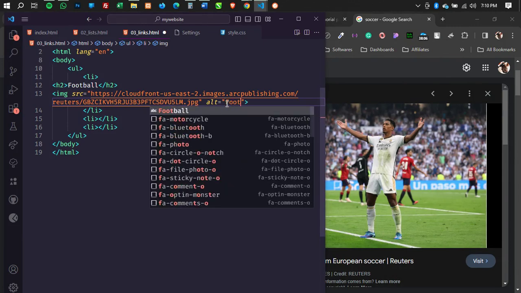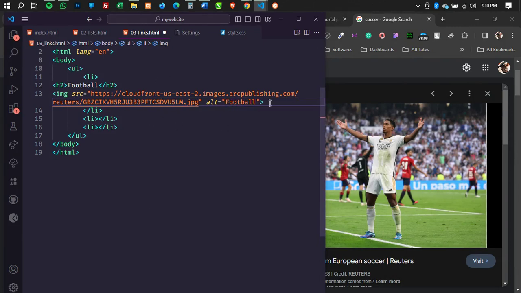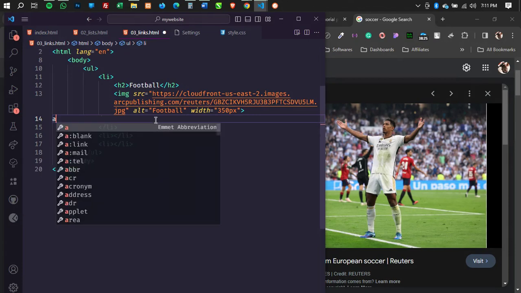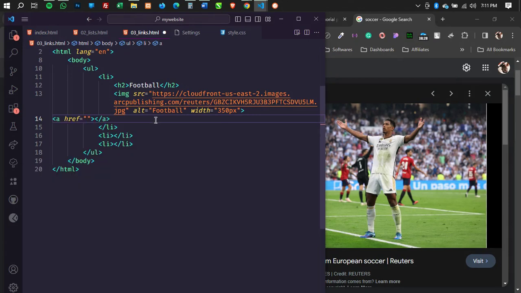All right, so let's say football, right? So we are now going to add what? An anchor link. Let me define the width and say width should be 350 pixels. And so let me just format my document, right? And then inside there, we are going to have an anchor link, and then we are going to say read more about what? Football. Then inside our anchor link, we are going to say what? Football.html. All right. Now, let me format again.